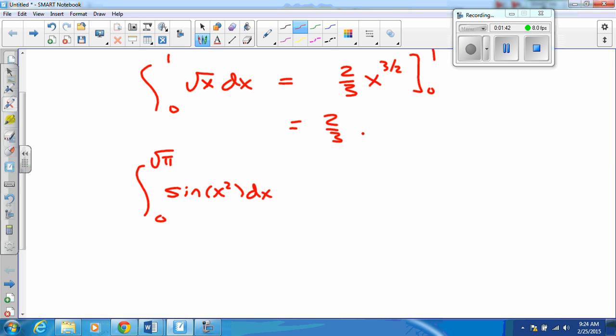If I wish to evaluate this integral right here, I need some function whose derivative is sine of x squared, and it can be proved that there is no such function expressible in closed form. So now what? Well, that really leaves us with two possible approaches. One is I can estimate the value of the integral using the techniques that you know: left, right, midpoint, trapezoidal. Or the other possible approach is that I could estimate the function in some way by expressing it approximately as maybe a polynomial or some other kind of function.